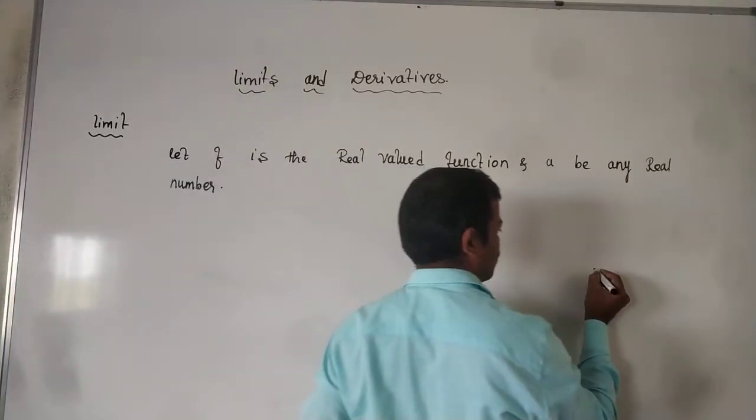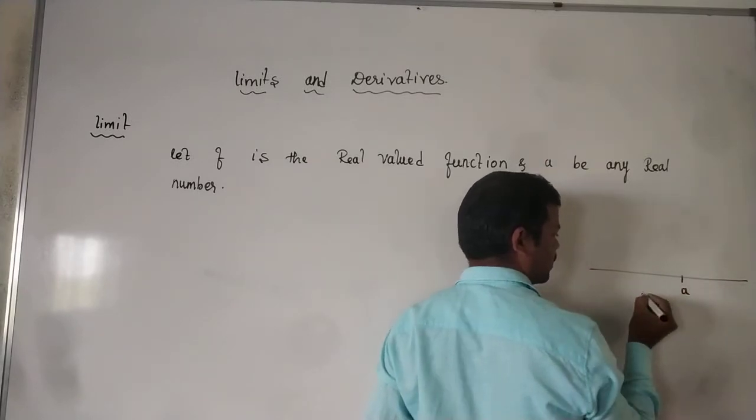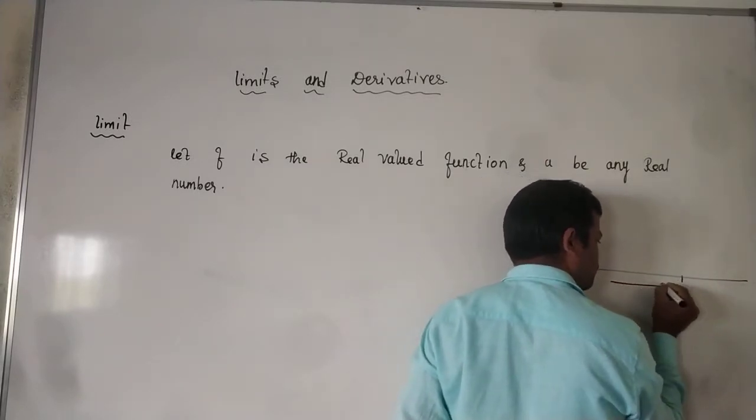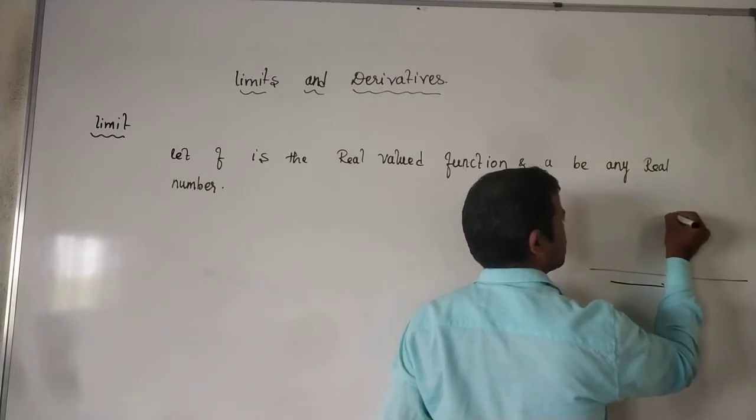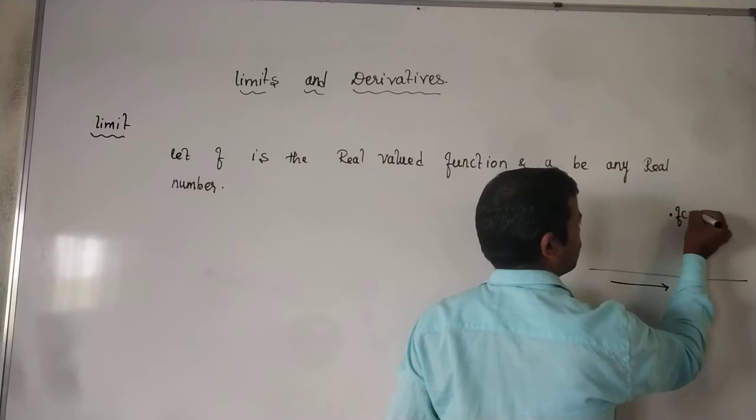Suppose we have a function, let me consider a here. As x approaches a, the functional value approaches f of a, which we call it as